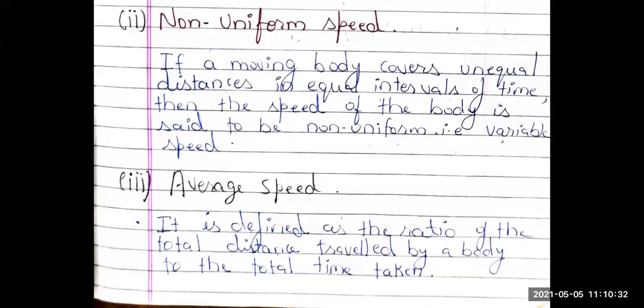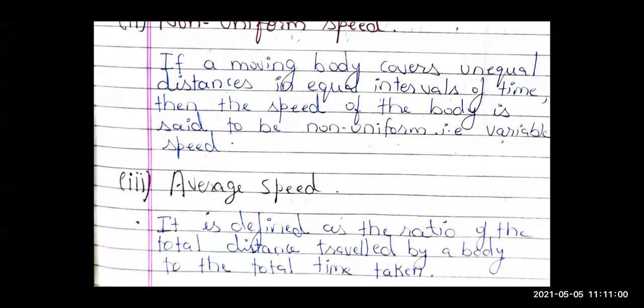Now let's move to the average speed. Suppose you give 5 tests in physics, and if I ask you to take out the average marks, what will you do? You are going to add the total marks you have obtained in each test upon the number of tests. So you will add and divide by 5 because the total number of tests you have given is 5, right? So here also, what is speed? Speed is distance upon time. Speed is distance by time.